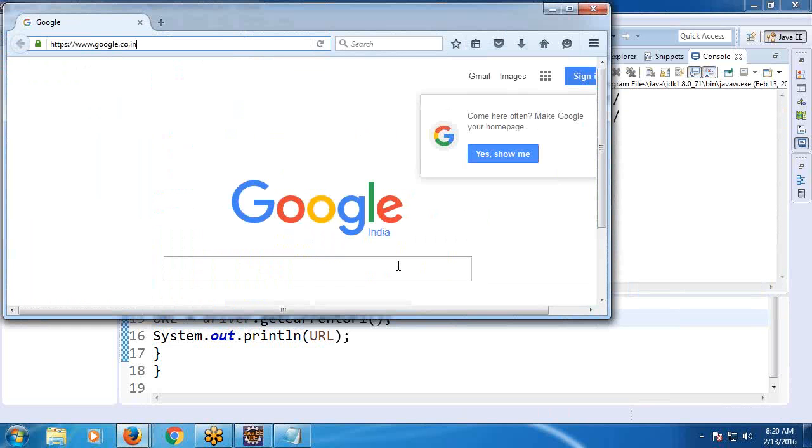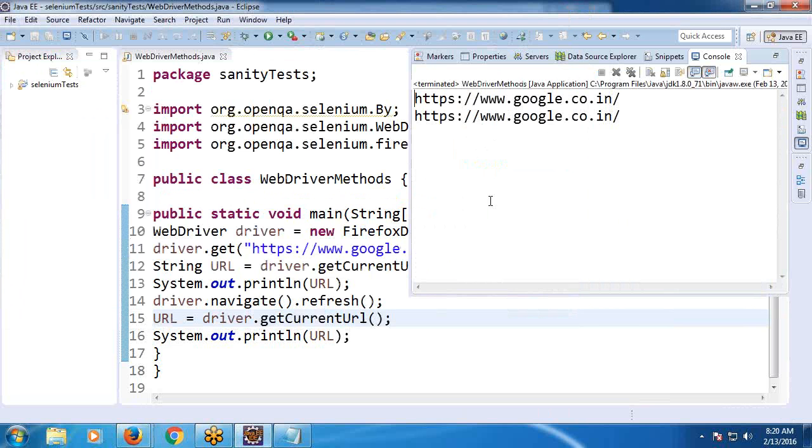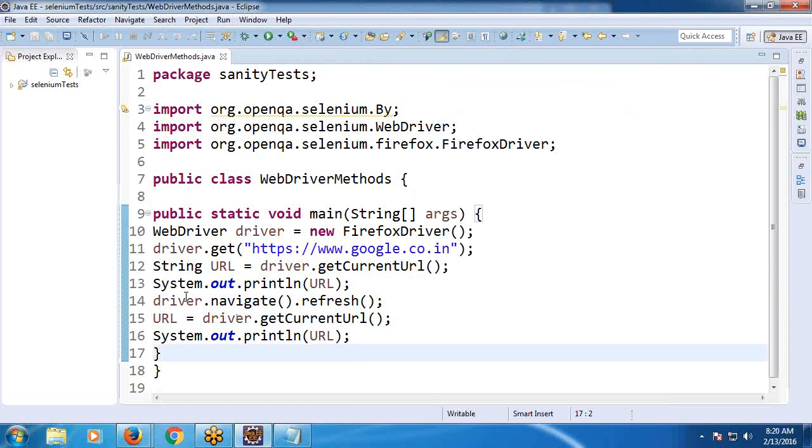Purpose of this operation, sir? See, sometimes if any operations are not closed or the web page is partially hanging, that time use this refresh method. While performing operations on any web page, if it partially hangs, you can refresh it. Generally, observe the manual operation. When we refresh our browser,